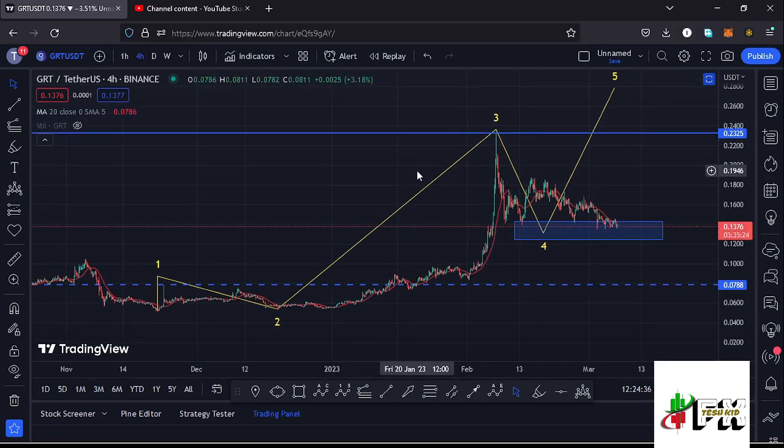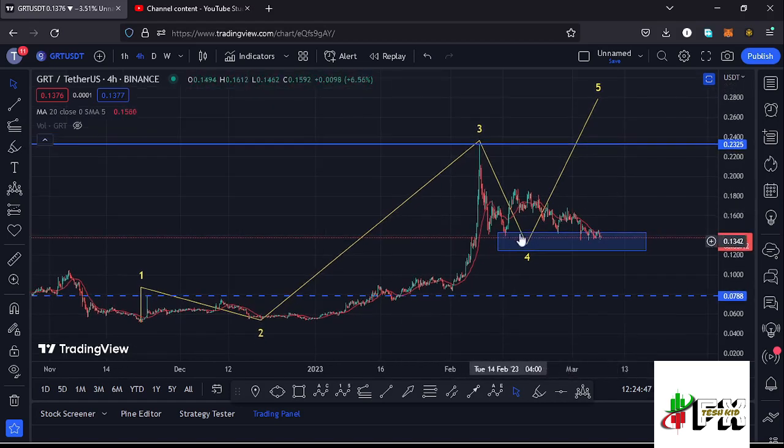And after seeing the high for that wave 3, what I was expecting next was a breakdown to the lower side in the formation of that wave 4, and once we fully maximize our target areas in the formation of this wave 4, I'm expecting another explosive move to the upside in the formation of this wave 5, and using